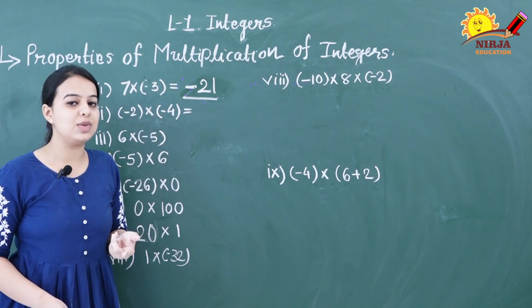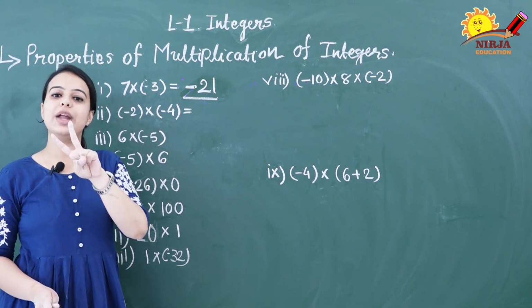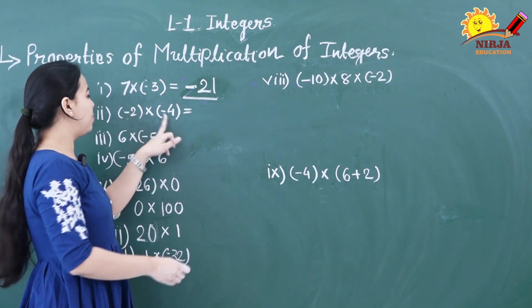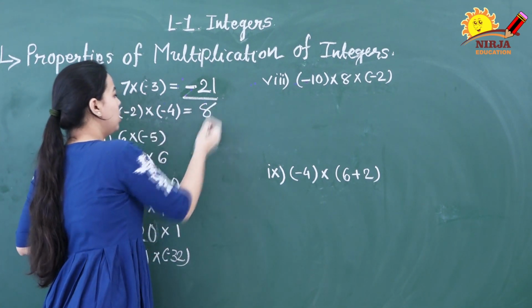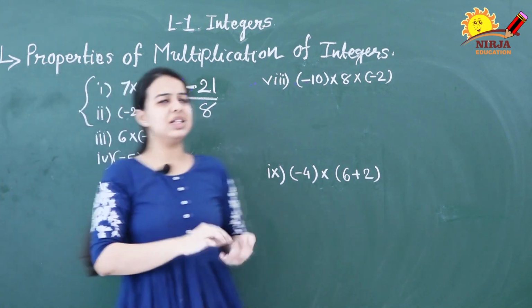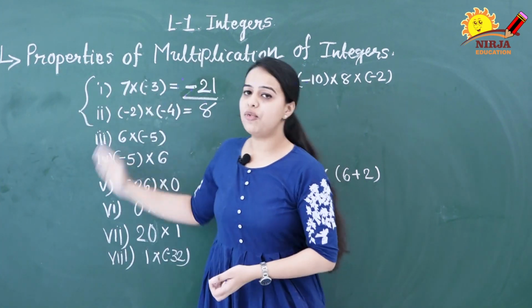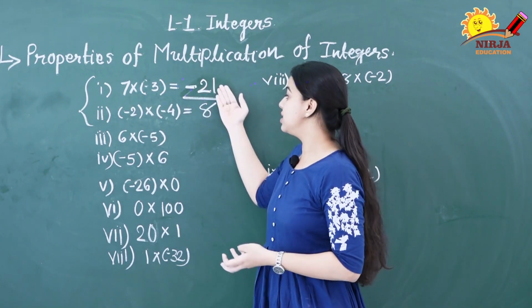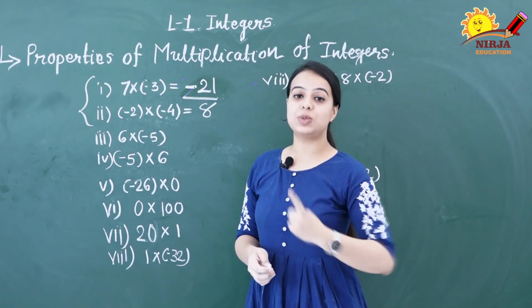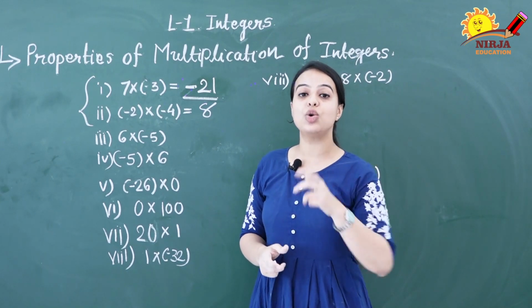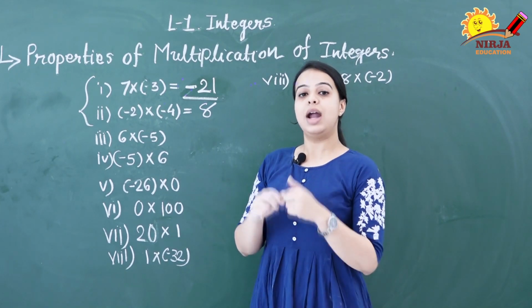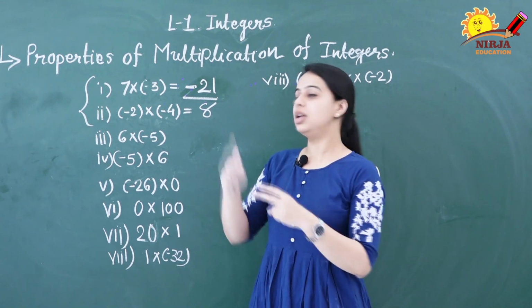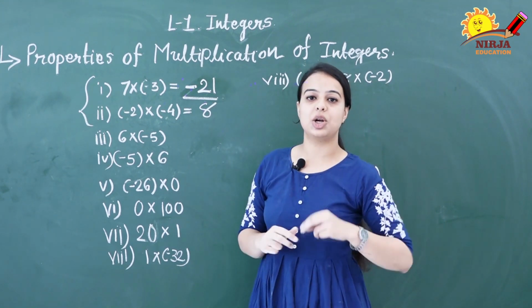And just now we have seen the multiplication of two negative integers always results as positive. 2 multiplied by 4 is equal to 8. So if you have noticed in first two examples, if we are going to multiply any integers, we are getting the answer as integers. So this is your first property, which is named as closure property for multiplication, and it states that if we are going to multiply two integers, the result you will get is an integer always.